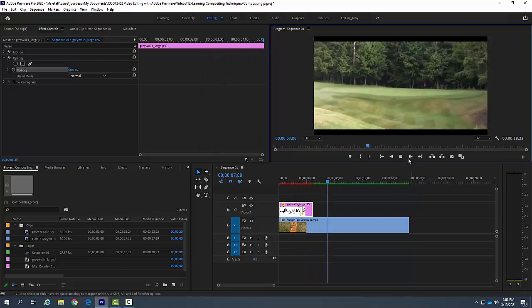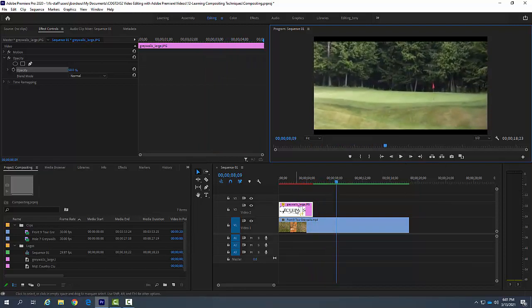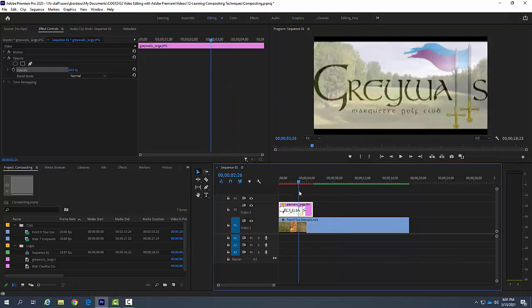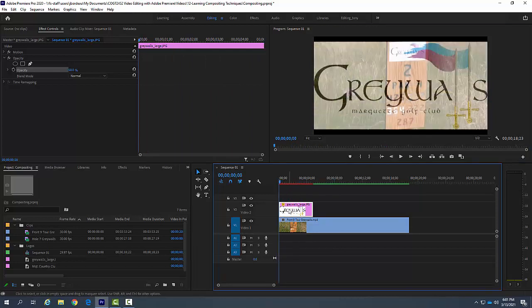So you can see how that graphic now was at 50% and you could see through the clip underneath. Okay, now that's a very standard way of doing it, but one of the things we typically do as the third method is we keyframe it, and we start off with 100% opacity and we fade down to 0, and it's kind of used at the end too to start off at 0 and go up to 100. So what we're going to do is we're going to pick on this graphic